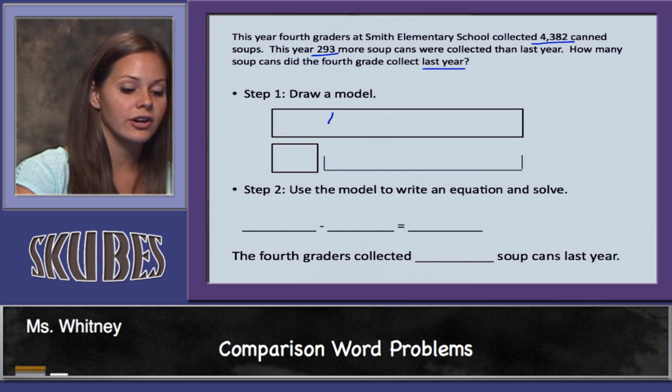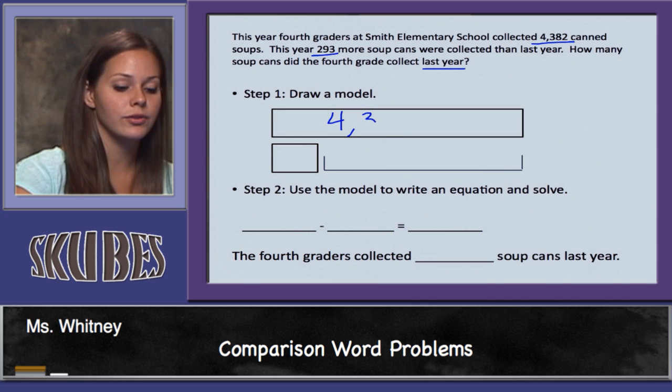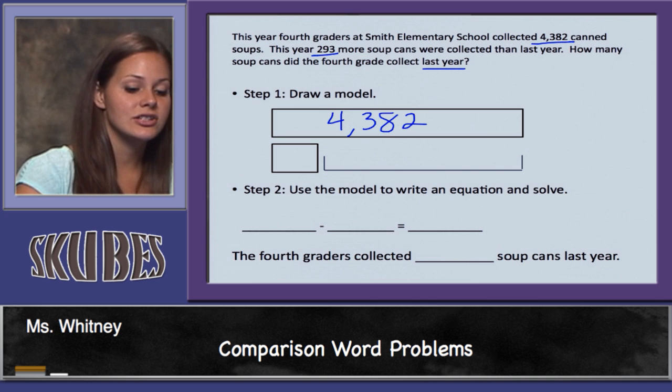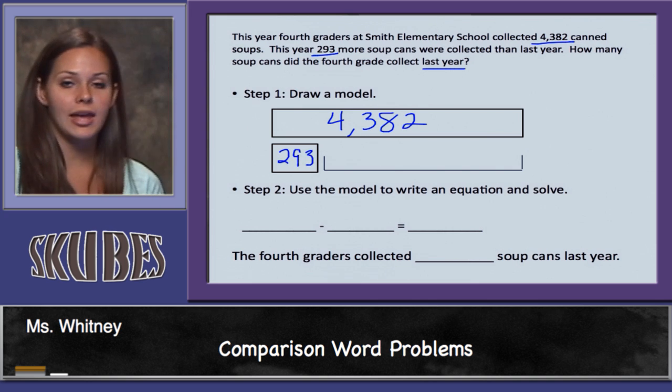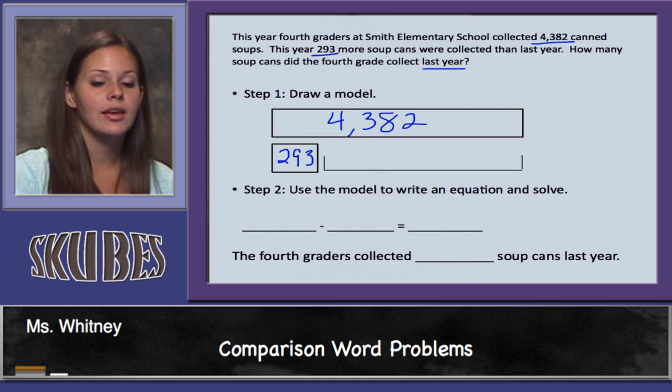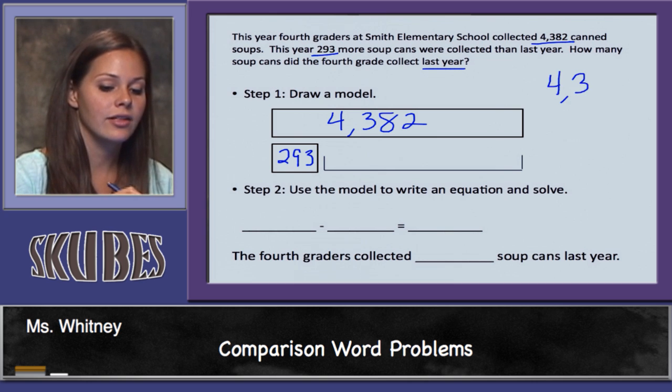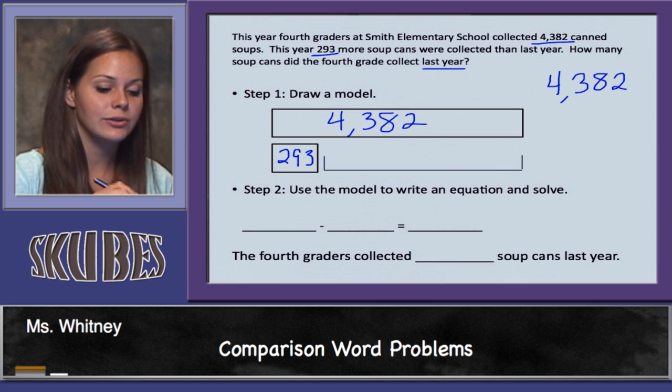So we know that this year, 4,382 canned soups were collected by the 4th graders. This is 293 more soup cans than were collected last year. We need to subtract. 4,382 take away